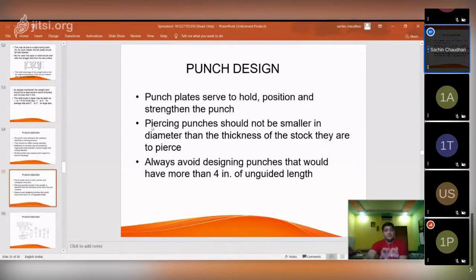When you are going to use the punch for the piercing purpose. Okay, always avoid designing punches that would have more than 4 inches of unguided length. Okay, so the length of that punch is also important. As we see in case of piercing, the diameter is important and it should not be less than the thickness of your stock.